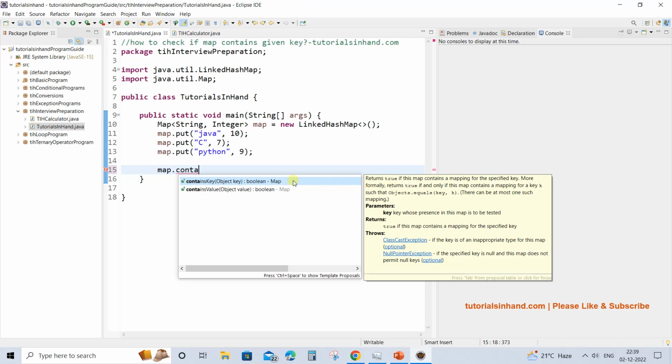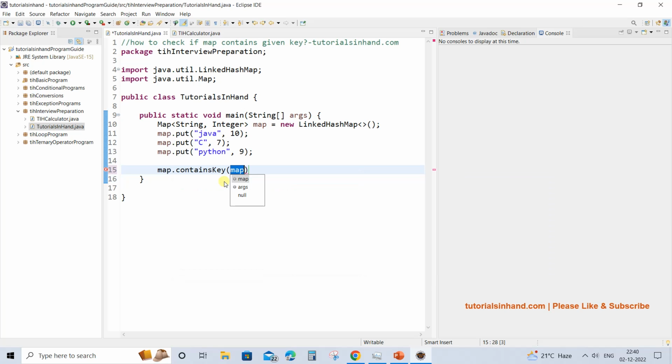If we use this containsKey, it will return true if that key is present in the map, and it will return false if the key is not present in the map. You can see there is a little bit of description given about this method, and it throws these kinds of exceptions. So let's check using this containsKey. Now we have got this containsKey method. In this we are going to check for C. We can see with the naked eye here that C is present, but sometimes when you are fetching the data from the database and then storing it in the map, you will not be aware of what key and value is present. In that case you can use this method.